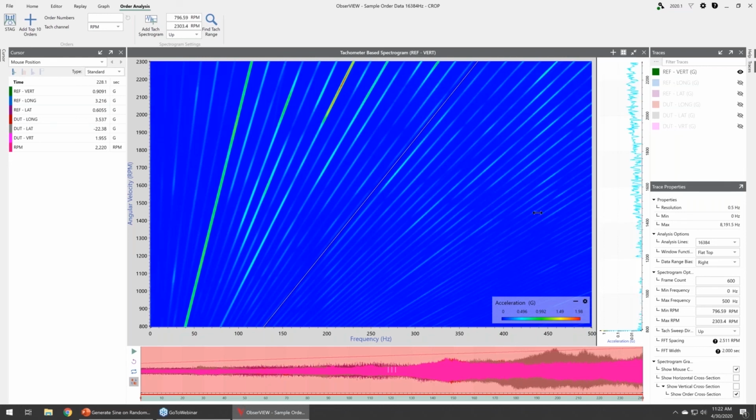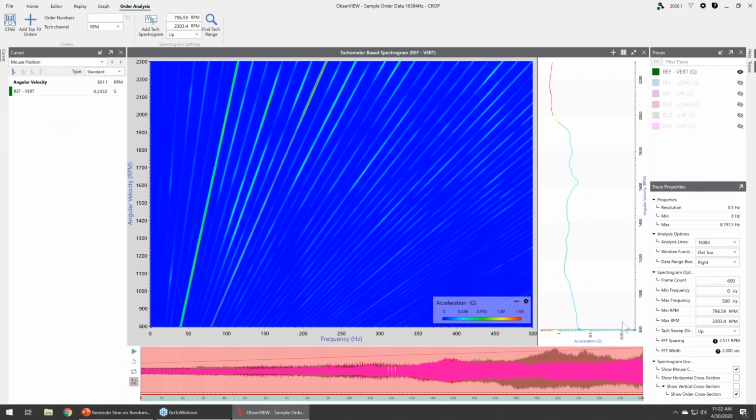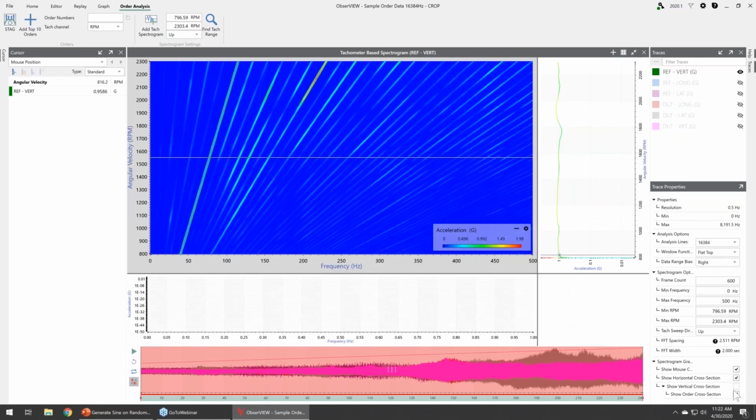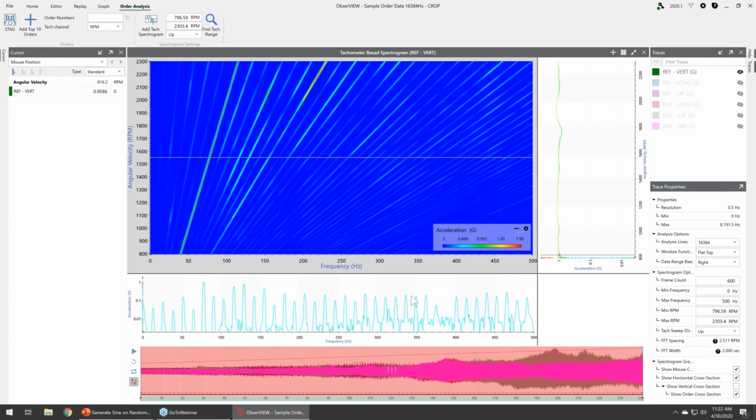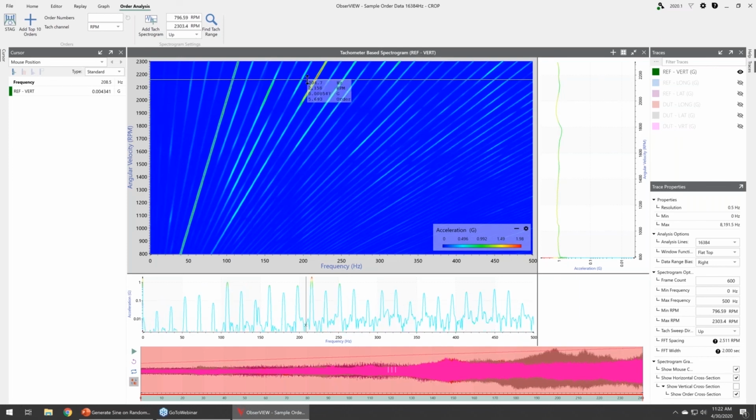And maneuver this a little bit so everyone can see. If I grab this order trace, I can highlight different orders, see the acceleration versus RPM slice for that particular order. So there's another one. I can also show either a horizontal cross-section, well, I can show horizontal and vertical order. And so I could manipulate my vertical cross-section, put that one up here and say for, in this case,